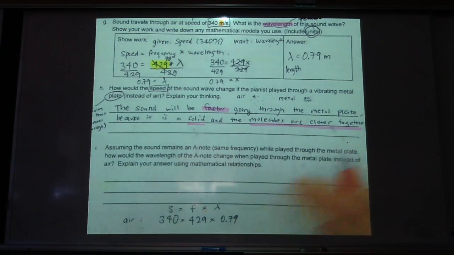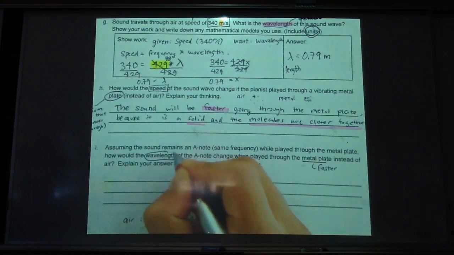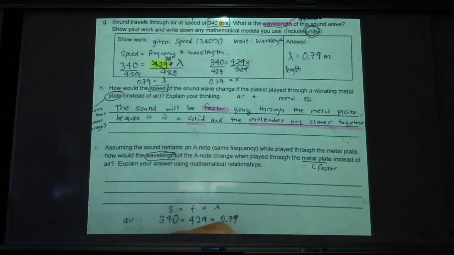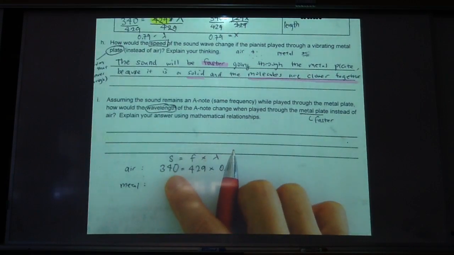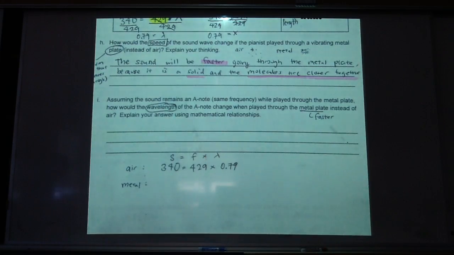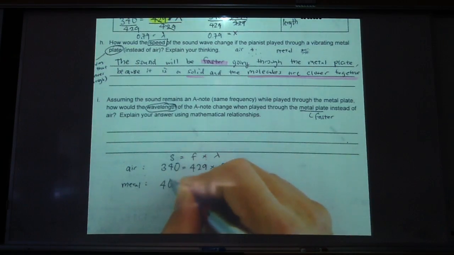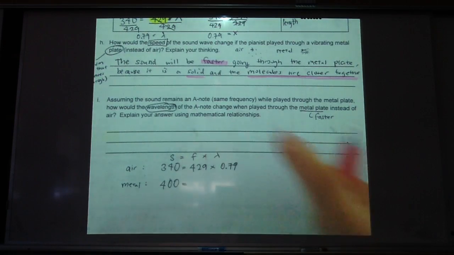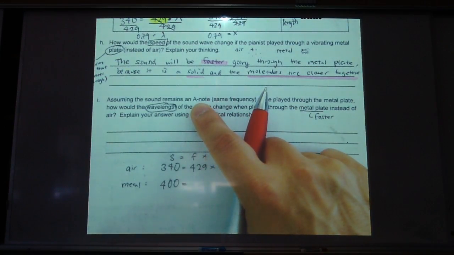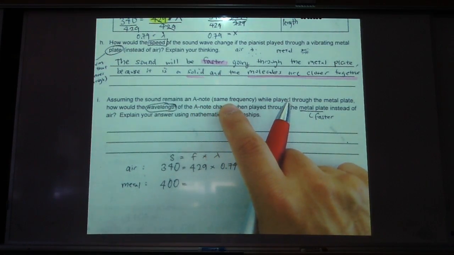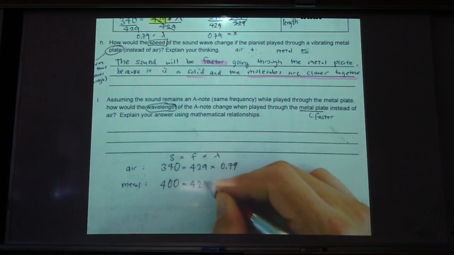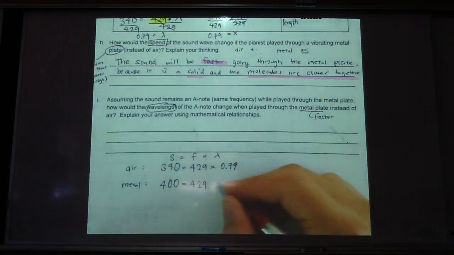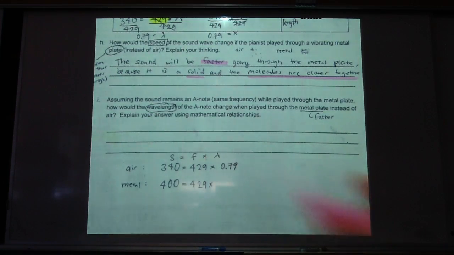Okay, now the question is, when you're playing it through a metal plate, which means it got faster, what will happen to the wavelength? So let's say metal plate. And so what should happen to the speed? Well, it got faster. I don't really know exactly how much faster it got, so let's just make up a number that's higher. Let's just say 400. If this is 400 and it's saying it remains the same note, that means the frequency has to stay the same. So I'm going to write this as the old frequency. It's the same frequency. So then the question is asking, what should happen to the wavelength,